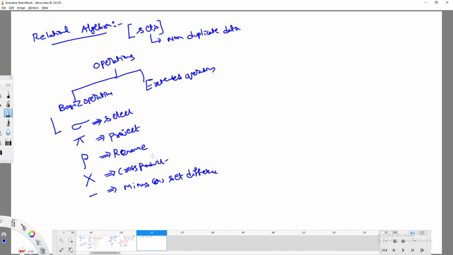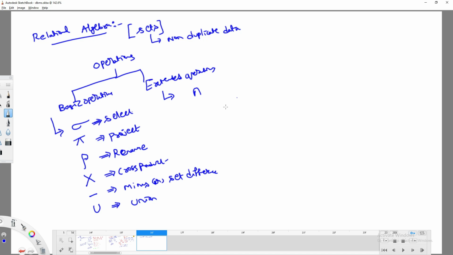Okay, fine. So these are some of the basic operations that we can perform in relational algebra, right? You can observe other kinds of operations. One is union. U represents union, right? And there are some extended operations. Can I write intersection here? I will tell you the reason why I classified it under extended operations. Try to understand that intersection is one kind of extended operation.